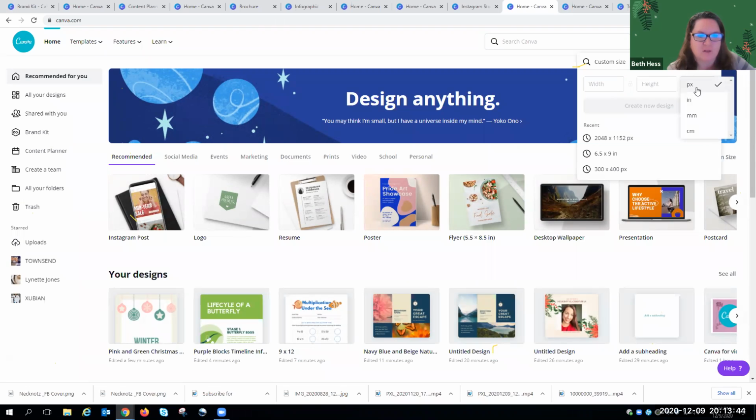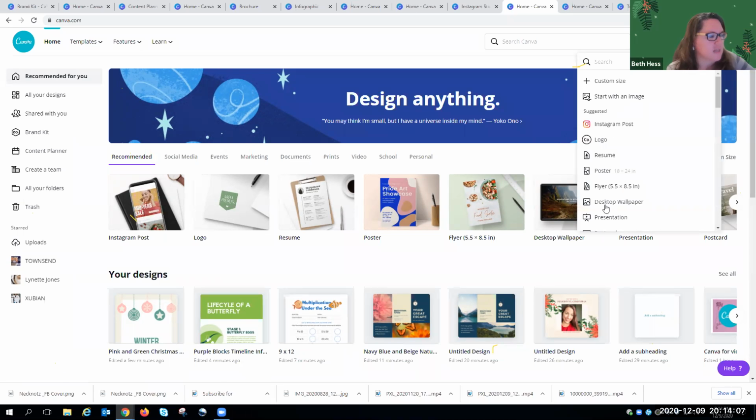And then it will fill in if it has templates that will fit that size, then it'll pull those for you as well. If you're doing a truly weird size, then it probably doesn't have a template for that. But let me show you a trick. Again, this is going to be a Canva trick, but let's say